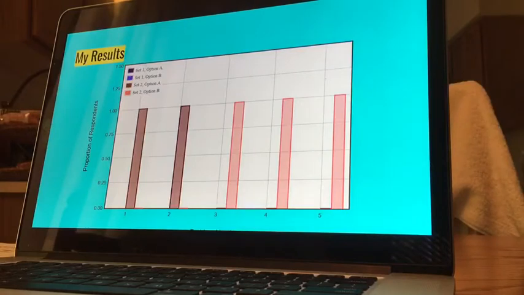So I had the second set of problems, and for problem 1 and 2, I chose option A. And for problem 3, 4, and 5, I chose option B. But this was not, the first problem specifically